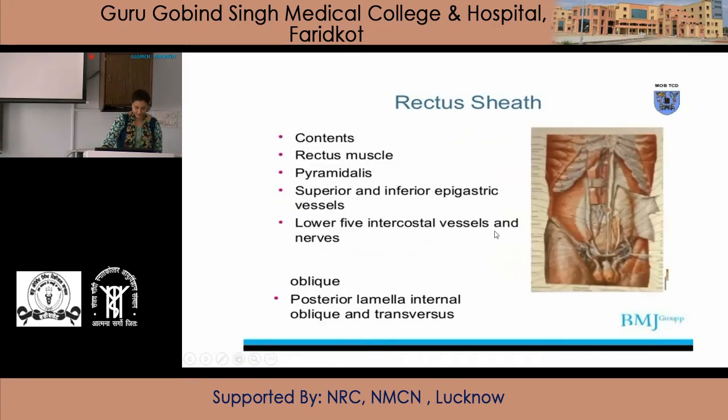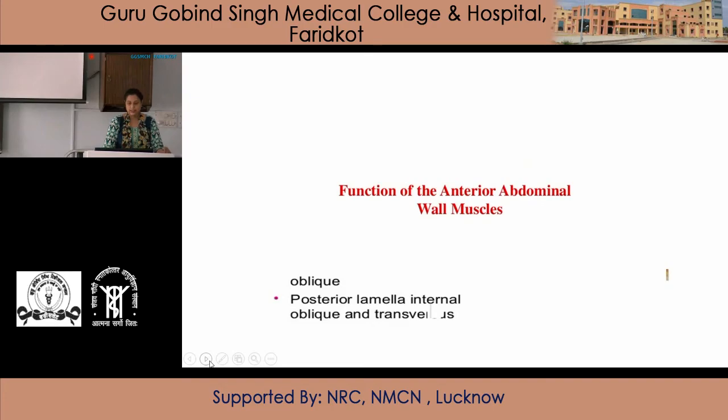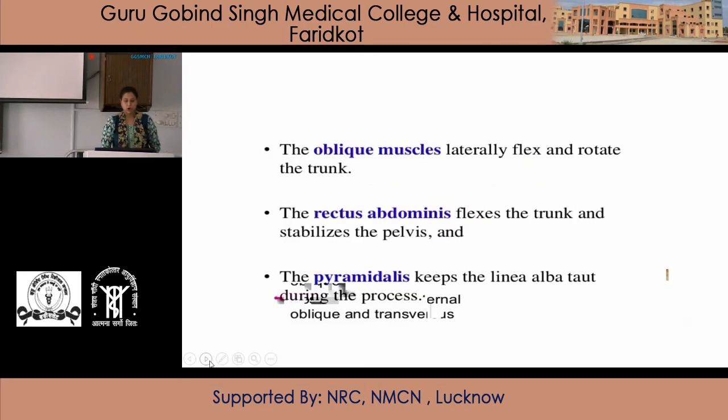Next is the content of the rectus sheath. The contents of the rectus sheath are the rectus muscle and the pyramidalis muscle, the superior epigastric vessels, inferior epigastric vessels, lower 5 intercostal vessels and the nerves. Next are the functions of the anterior abdominal wall muscles. The obliques laterally flex and rotate the trunk. The rectus abdominis flexes the trunk and stabilizes the pelvis. The pyramidalis keeps the linea alba tense or